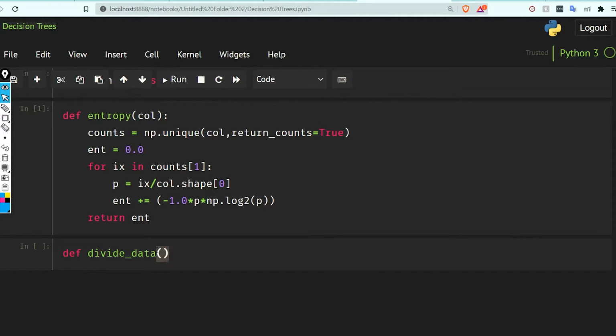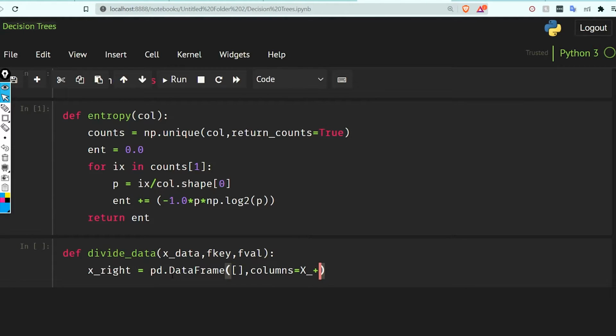Divide data. In this I'm going to get the data, the key and the value. I will tell you what these parameters are in a bit. So x right equals pd.DataFrame, with columns equal to x_data.columns.